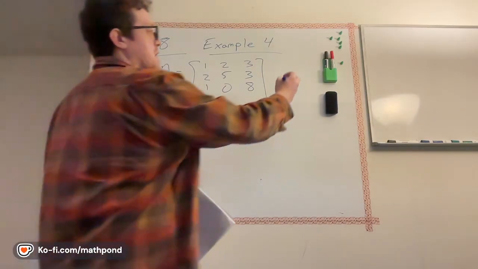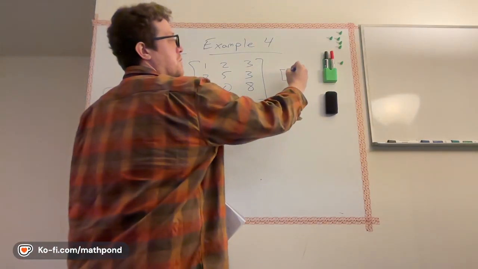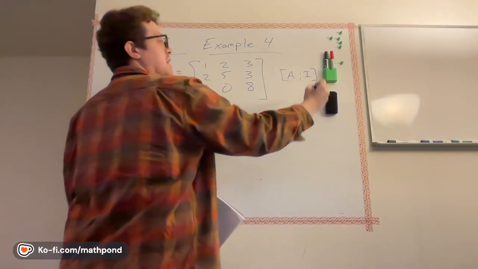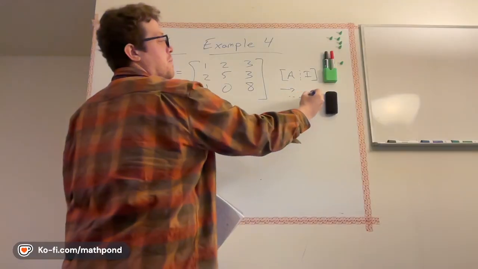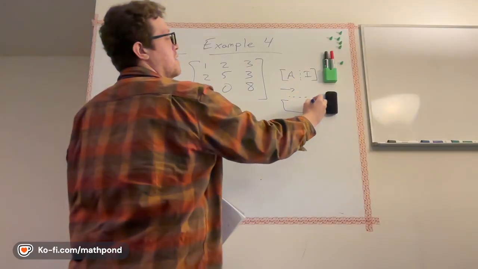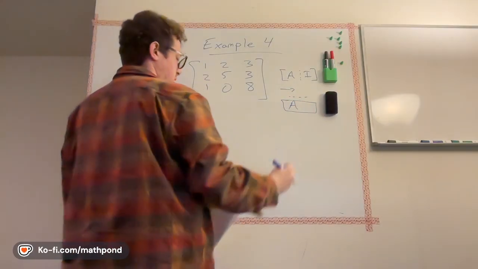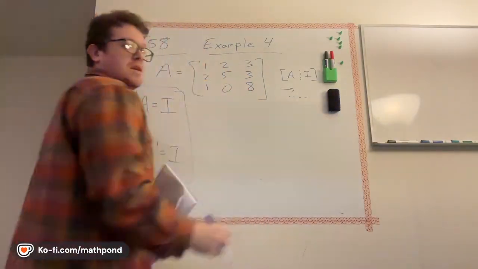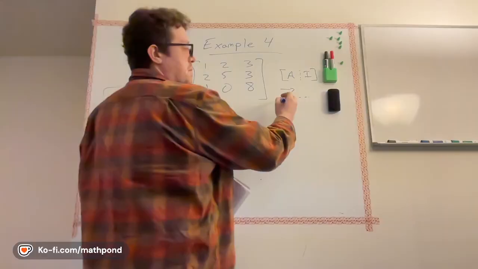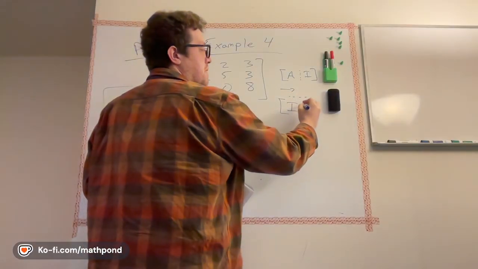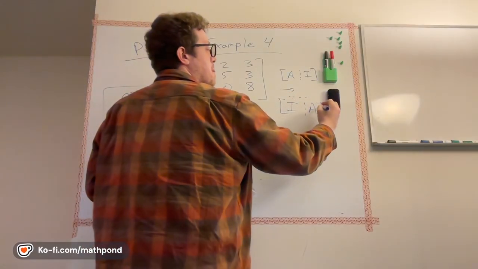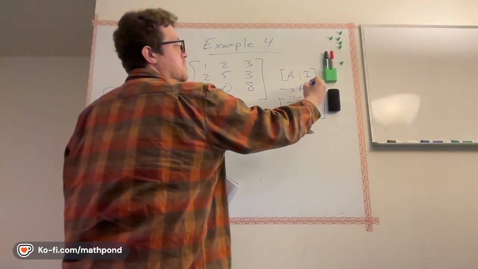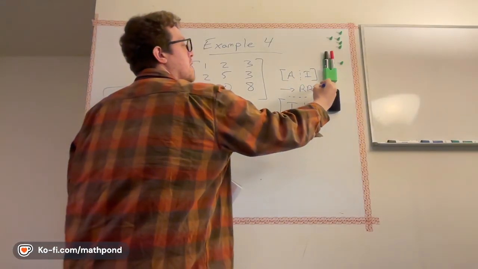So essentially what we're going to do is we're going to augment the matrix. We're going to have A on one side, and then I'm going to put the identity matrix on the other side, and then we're just going to keep performing row operations until in the end, we're going to have an augmented matrix, which is the identity on the left, and then A inverse on the right. And everything in the middle here is going to be this reduced row echelon form algorithm.